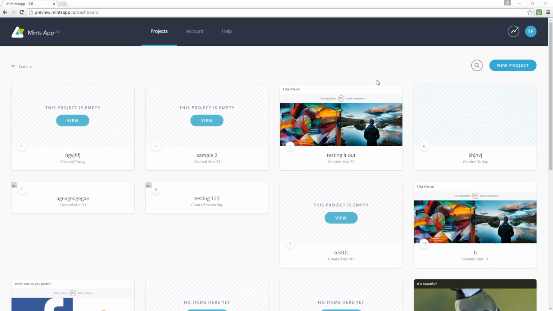For this lesson though, we're just going to be focusing on how to actually use it so you can get familiar with it and be able to carry out all the other things we're going to be talking about in the future lessons. So with that said, once you get logged into your MintsApp 2.0 account, the first thing I